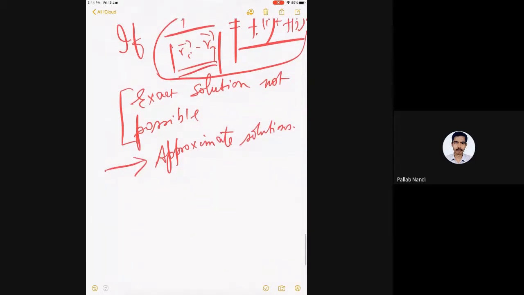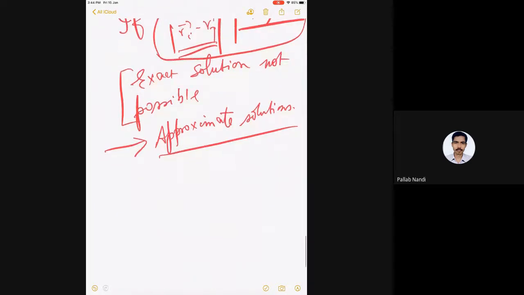It's important to realize that the whole of quantum chemistry would actually be to find approximate solutions, since exact solution is not possible. How do I get approximate solutions will be the main text of this course. We also need to find solutions, and this is very important for the theory, need to find approximations